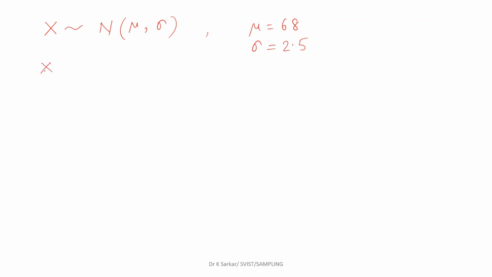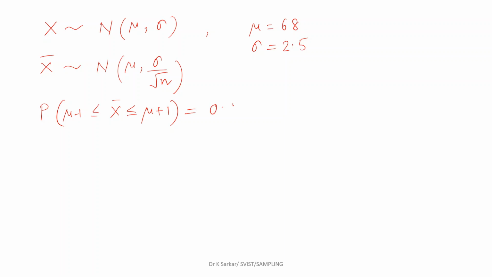Now let us take the mean of the sample as x bar. According to the theorem, x bar will be normal with mean mu and standard deviation sigma by root over n. In the question it is given that the probability of x bar less than or equal to mu plus 1 and greater than or equal to mu minus 1